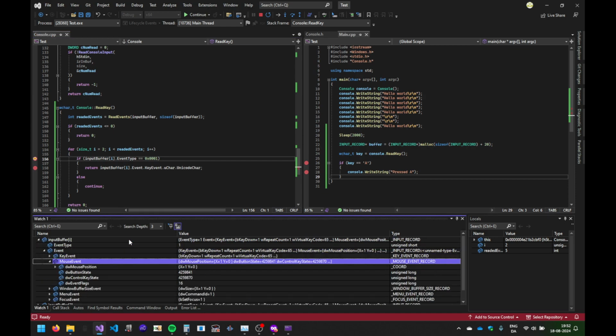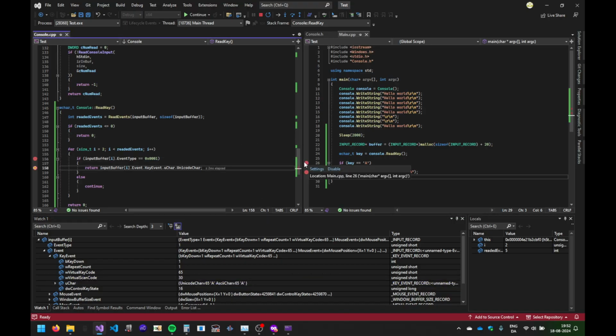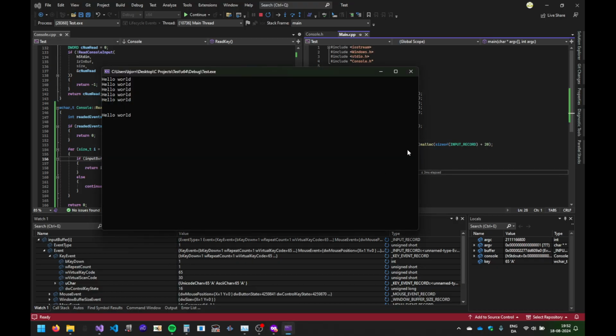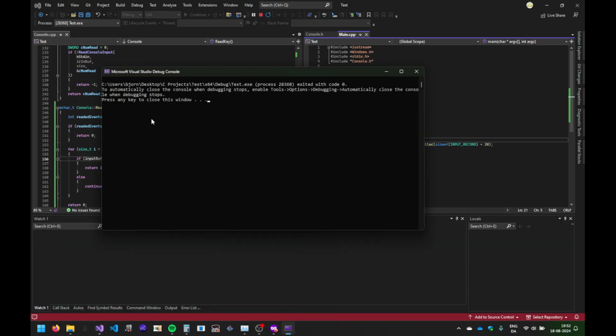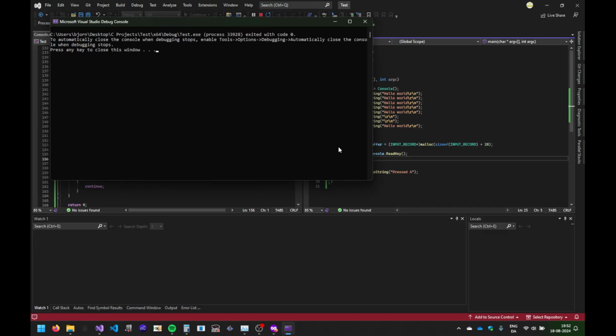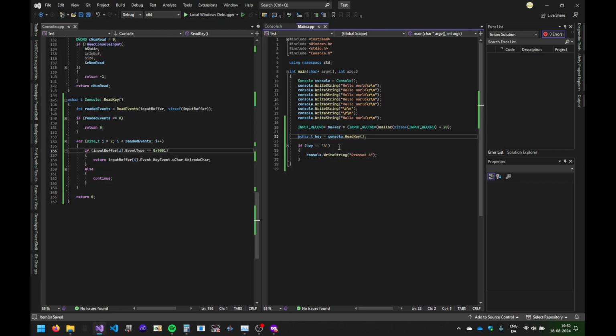So now is A. And then if key equals A, then we want to print pressed A. Press A. Now we could throw this into a while true that this one is not A. If key equals A,